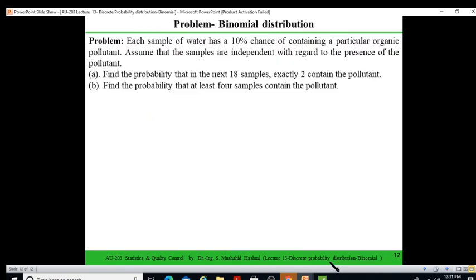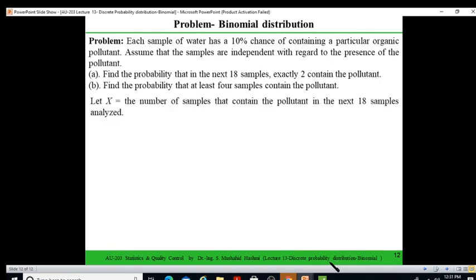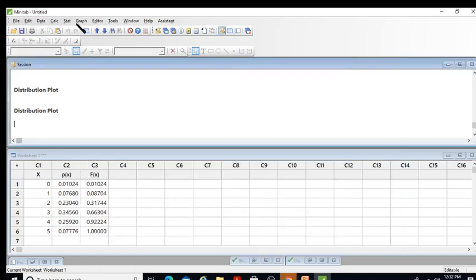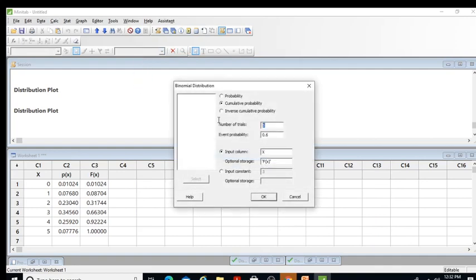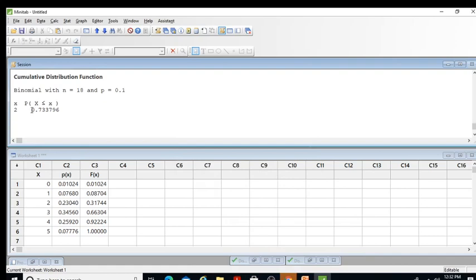One more thing we can do is we solve that last lecture problem, in which we have a number of trials of 18 and probability of success of 0.1, and we are interested in exactly two pollutants. So this is the number which I'm interested in. So how to do it on Minitab is just go to calculate, probability distribution, binomial, and your number of trials are 18 and your probability of success is 0.1 in that problem, and input is exactly two. So once you press that, you will be able to get